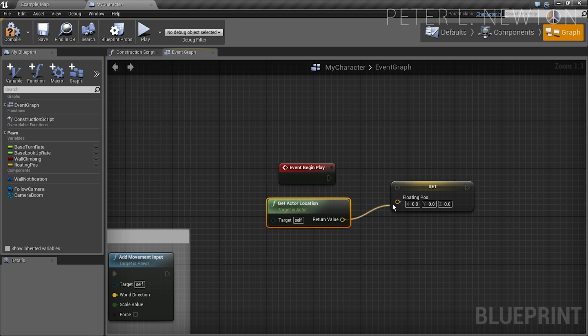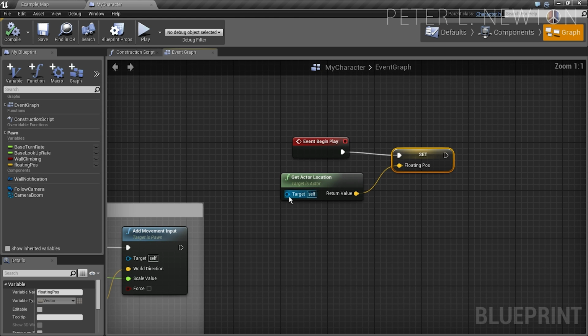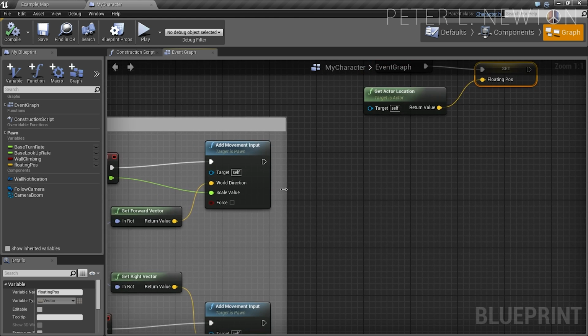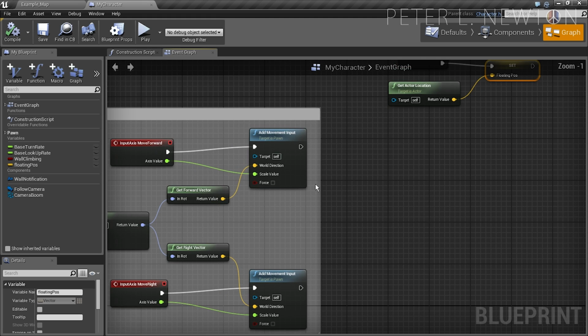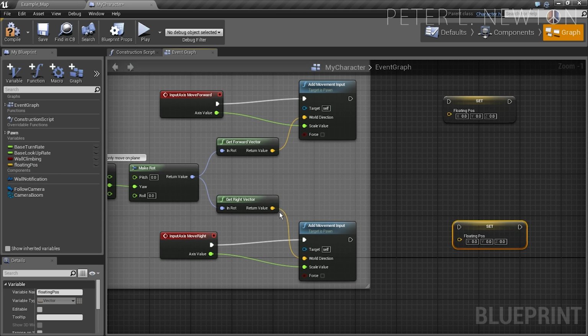I'm going to set this here, and then connect this to the floating. So I'm going to save, compile. Now, to really get an understanding of what's happening, we're going to test what's going on. So let's drag this out, set, drag this out, set, and then we're going to